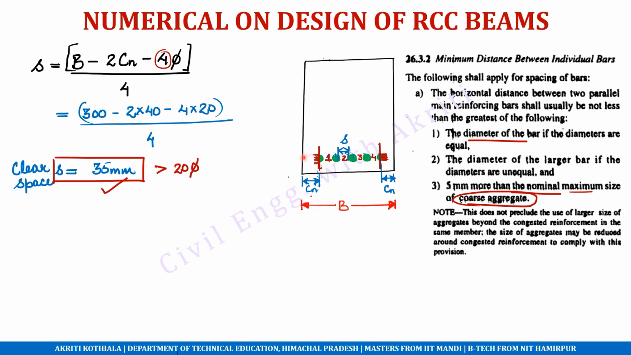So this arrangement of steel can be provided. If this was not satisfied, we would have to provide a different number of bars. We would have to change the size of the bar. We could take 25 mm diameter bar so that the spacing increases here, and it satisfies this clause 26.3.2. So moving on to the next step,